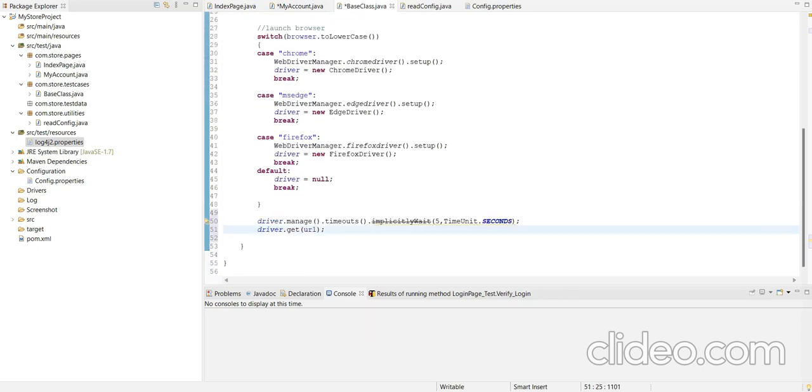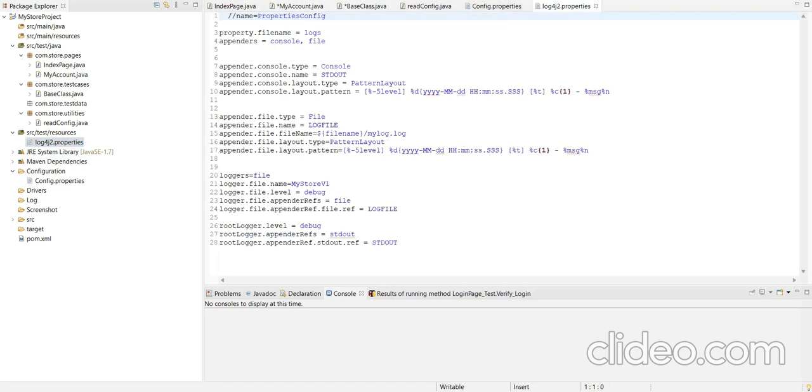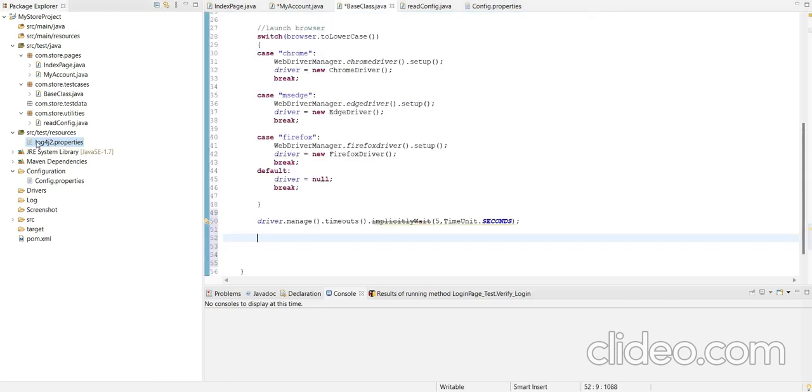Also, which function we use regularly, like we are also using the logging file regularly. So we have created the log4j2.properties file in the src/test/resources. This will be our log4j properties file. So it will log our project or our process. So I have created the log4j properties file in which folder? That is src/test/resources.